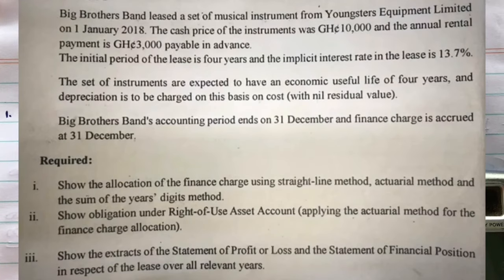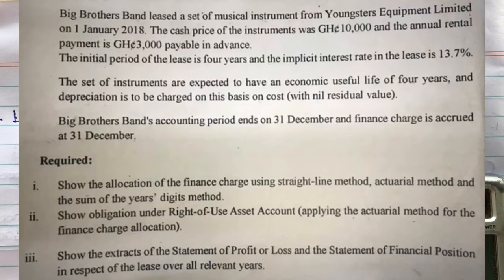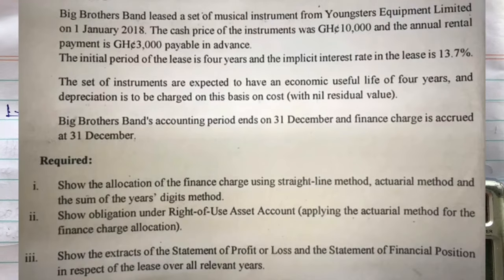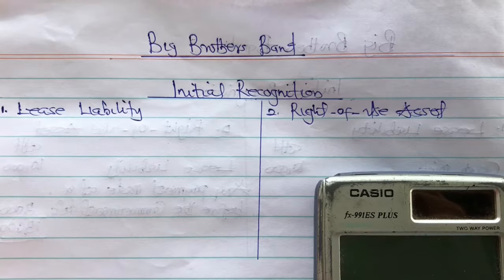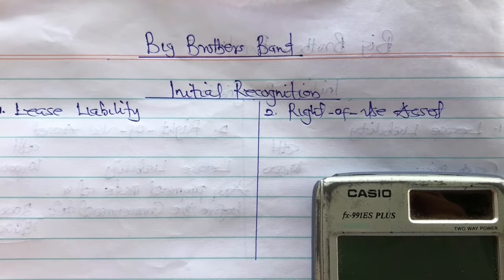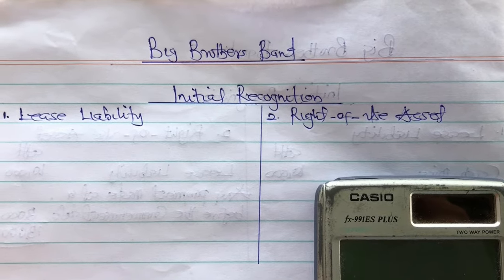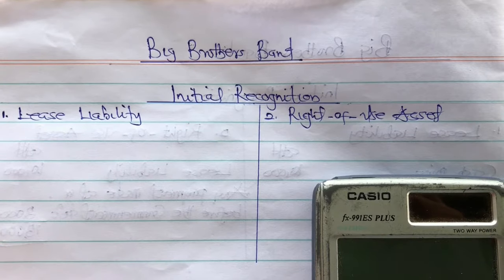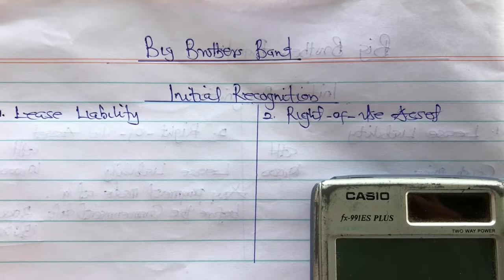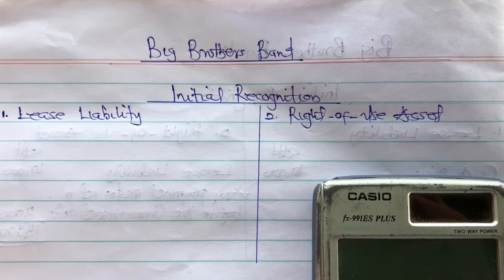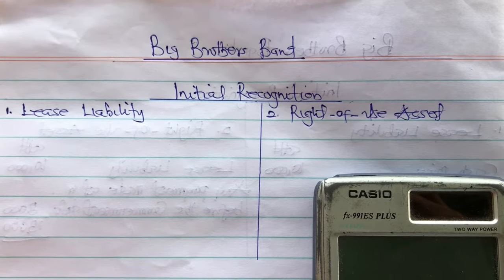Okay. So before we begin with the first requirement, that is to determine the finance charge with the three methods, that is the straight line method, actuarial method, and the sum of years digit method, the standard says that at the initial recognition or at the commencement date, the lessee shall recognize the lease liability and the right of use assets by the IFRS 16 criteria. That is what the standard says. So the lessee has to recognize the lease liability and the right of use assets. So let's try to